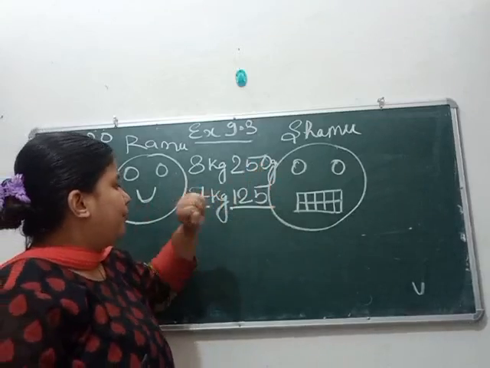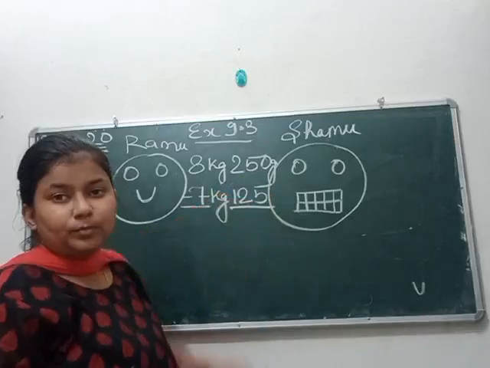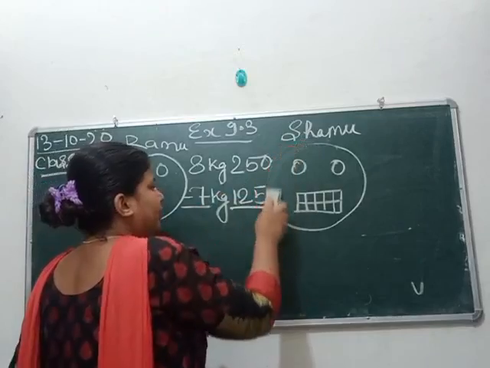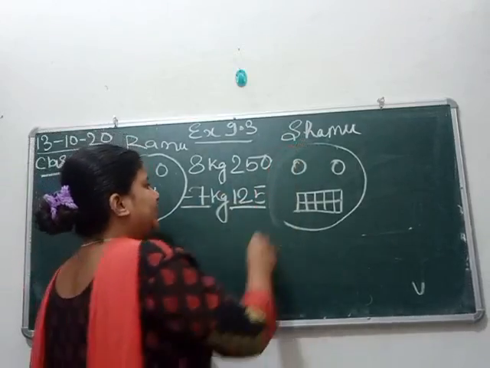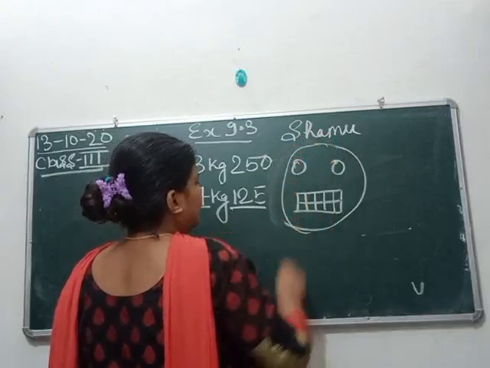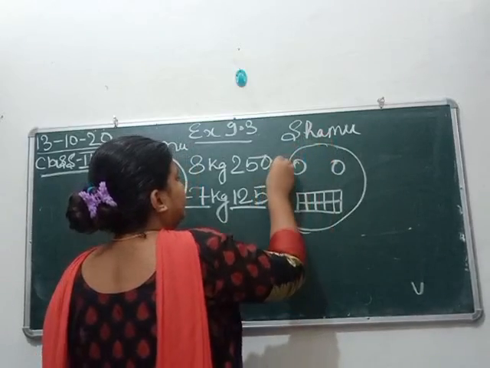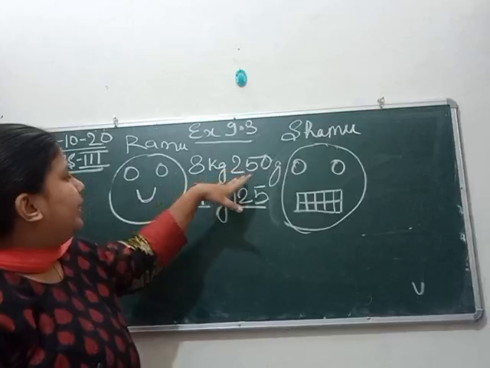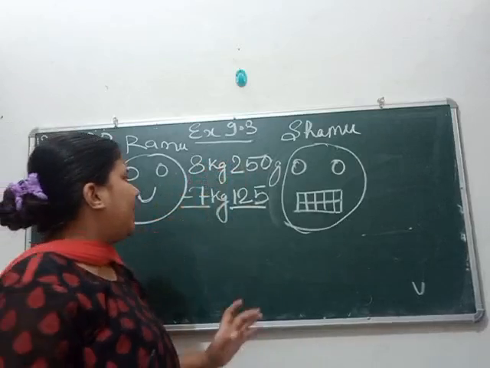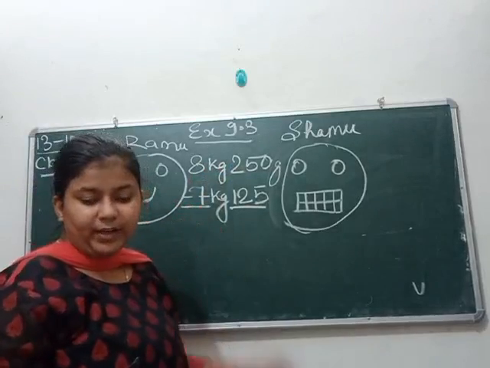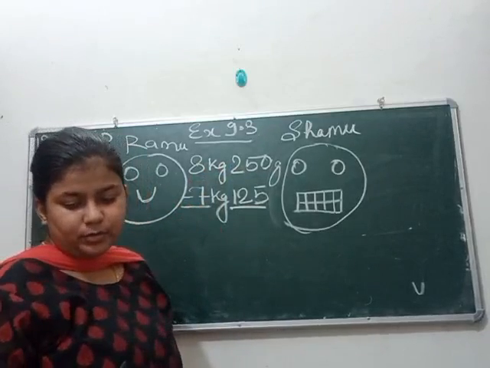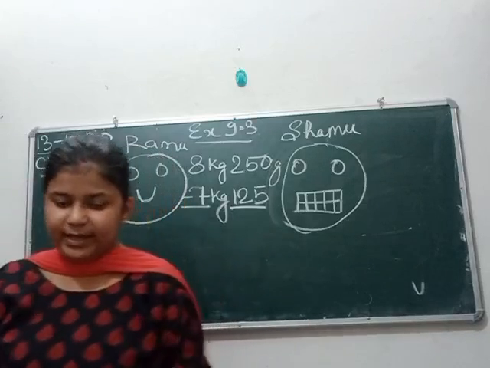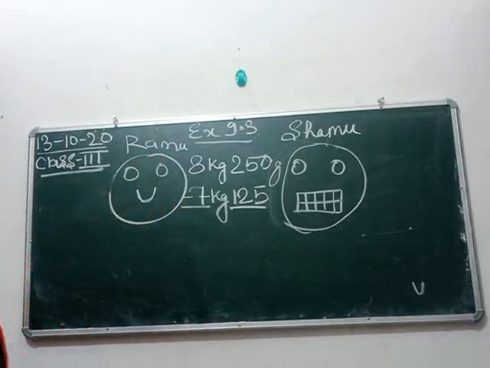Now, first place, here we are having 0. If it is not clear, let me erase Mr. Shyamu. Okay, I have to erase Mr. Shyamu a little. His face has fallen, why? Because he bought fewer apples. Okay, so 8 kg 250 gram and here we are having 7 kg 125 gram. Subtract and tell me the answer. Subtraction has been taught by your teacher, hasn't it? Come on, do the subtraction and tell me the answer.